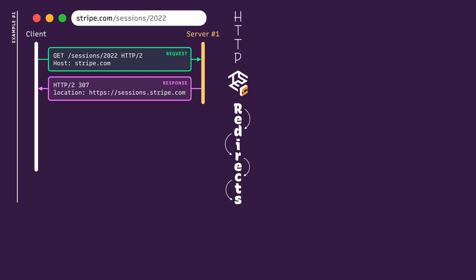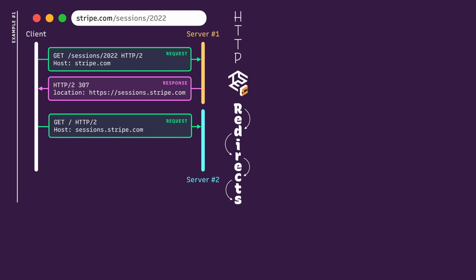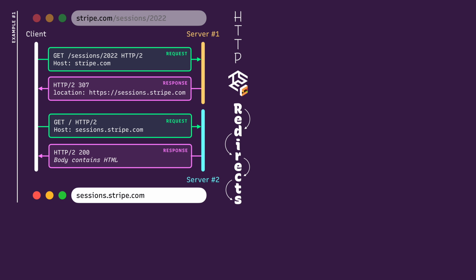The web browser follows the instructions in the redirect response and makes a new request to the server hosting sessions.stripe.com. This time the request tells the server they want the front page, also called the root, which is indicated by a single / after the GET HTTP verb in the request. This time the server responds with HTTP status code 200, which indicates success, and the response contains the HTML of the page. After all this happens, the URL in the web browser is changed to reflect the new page being